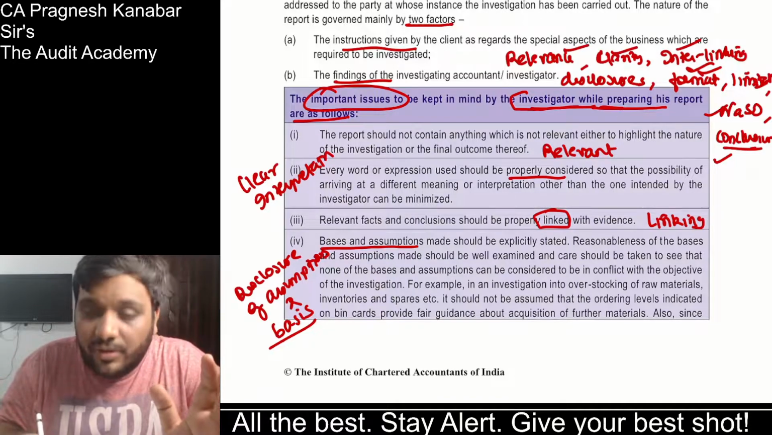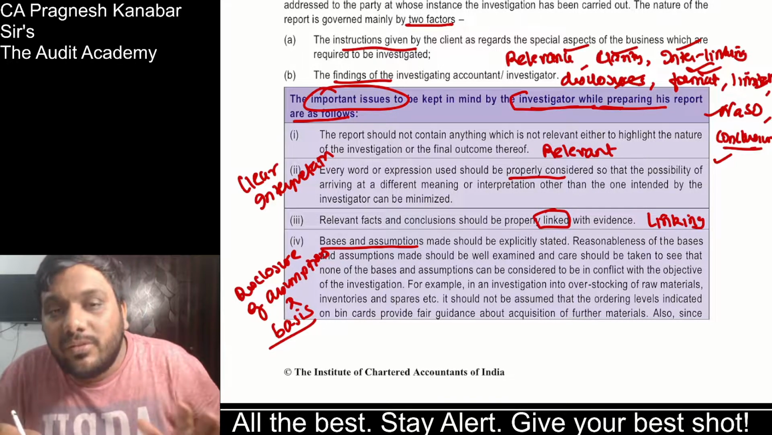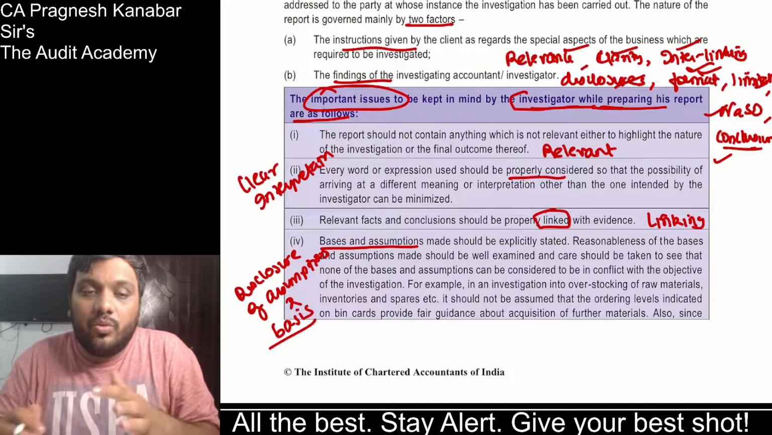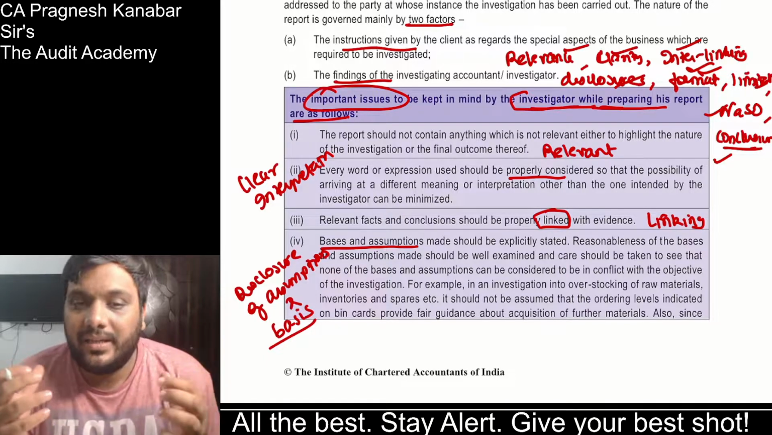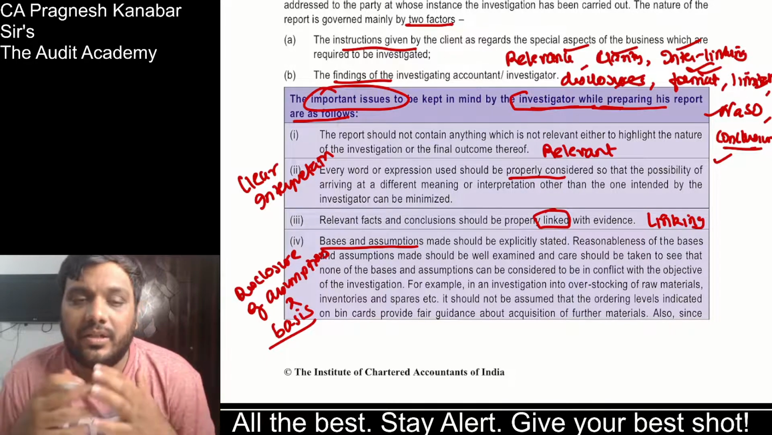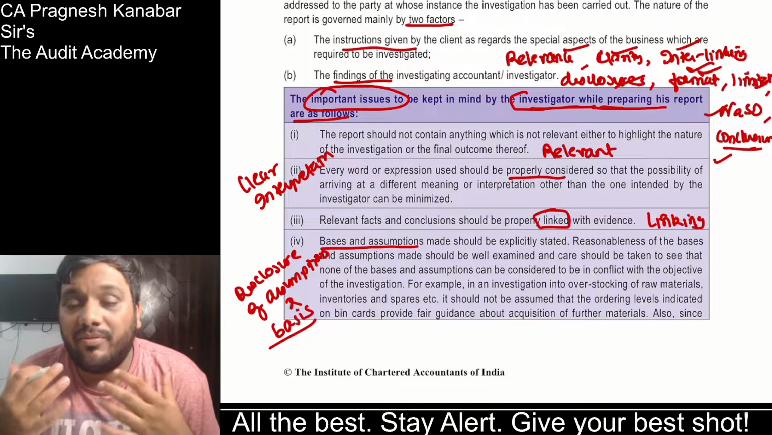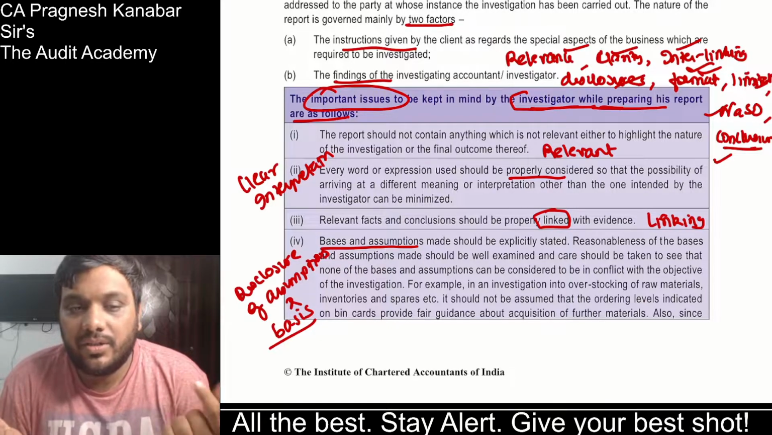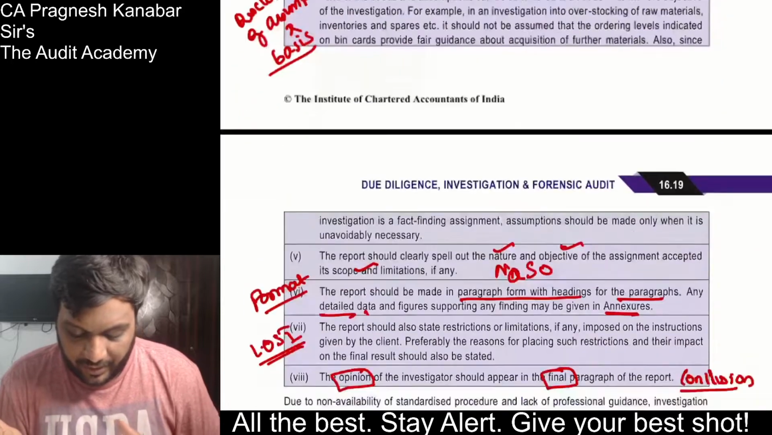So at least if one word you know about this, and if you expand, then also it is fine. All right, but do not just go by ABC analysis of investigation topic. It is possible that in your attempt you may find theory questions on investigation just to pick up a surprise. All right, then